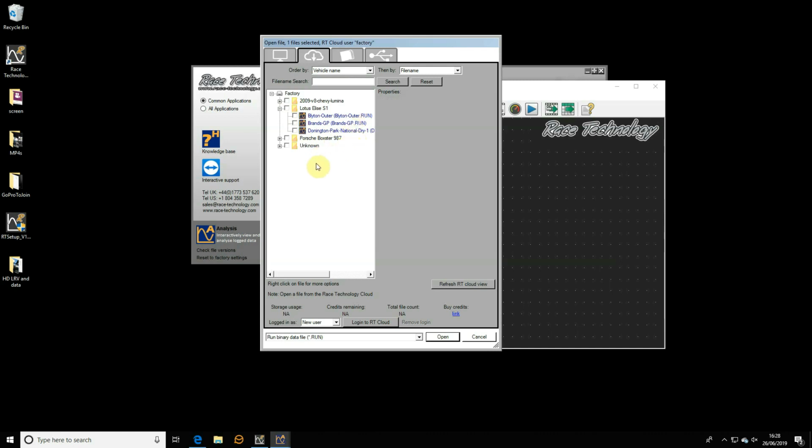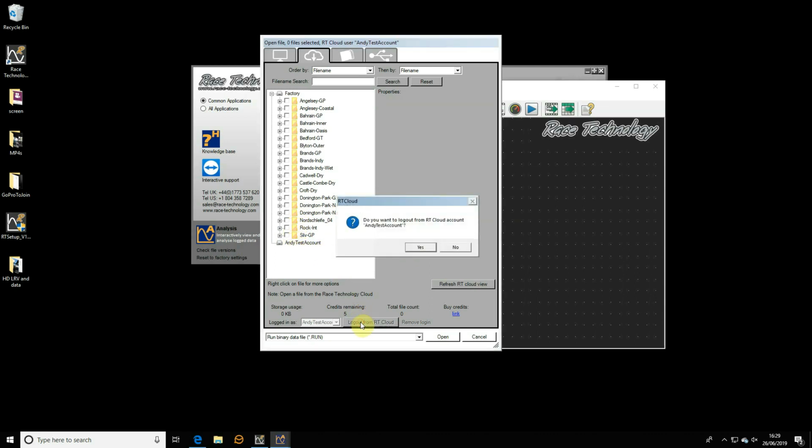Okay, so at the moment I've not logged on to my account, so let's log into our own cloud account. I'll click on the login button here. I could log into the test account I just created, so Andy test account, password, I say OK. Now you can see it says Andy test account, but there's absolutely no files in there, so that's not very interesting. So if I log out from that one,